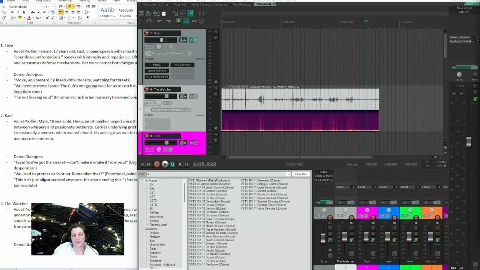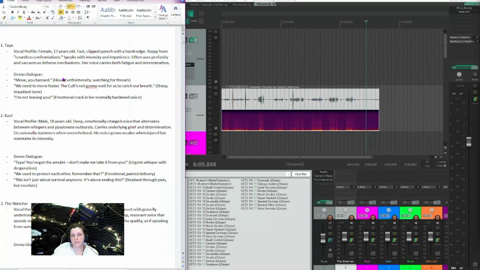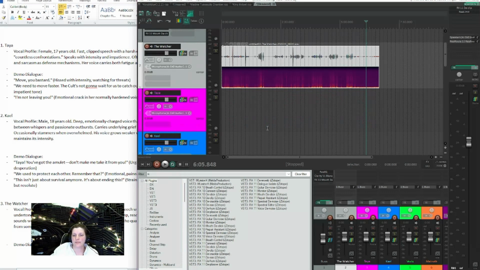Now on the left here, you'll see that I created a voice profile for each of the voices, and they basically tell me, okay, she's 17, so I need a younger voice. She's fast, she's clipped with her speech, little harsh, mean, cruel kind of a tone, raspy. So I do know what she's going to sound like. I have a few samples of her voice, so I recorded them over here. All of these high peaks are my handy dandy trusty clicker, and I kind of know where I'm going to be slicing these. I do have 7 characters,